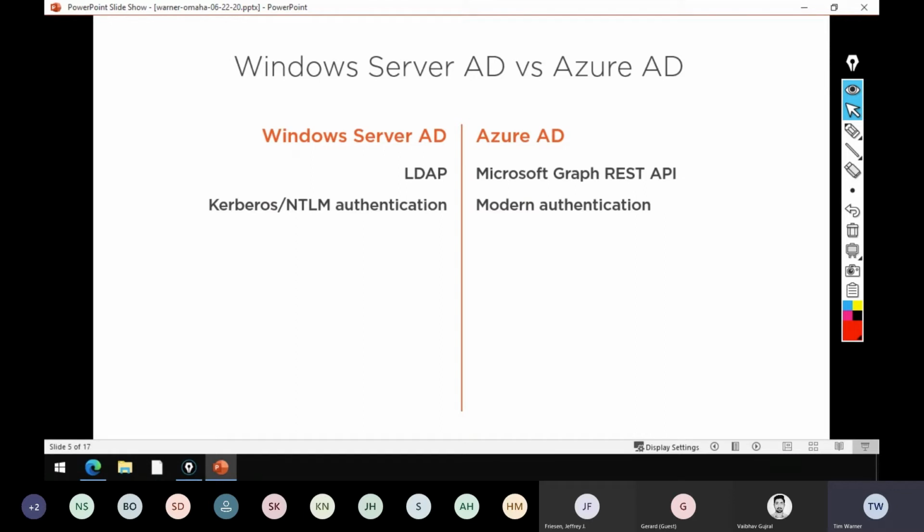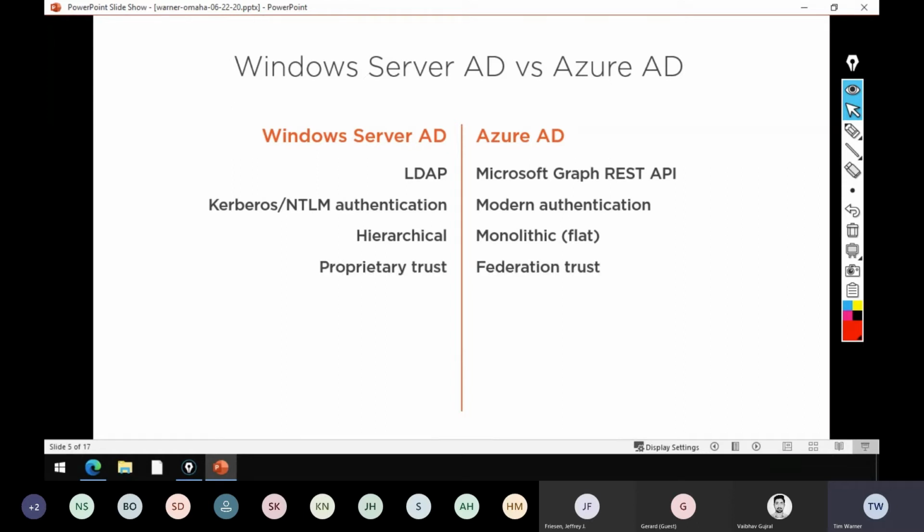Authentication protocols, we know on-prem we've got Kerberos and NTLM. With Azure AD, it's all about token-based identity federation and federation trust relationships. In Windows Server, we're accustomed to a hierarchical DNS-based namespace, the forest and the domain trees, whereas with Azure AD, it's just a monolithic or flat identity store.